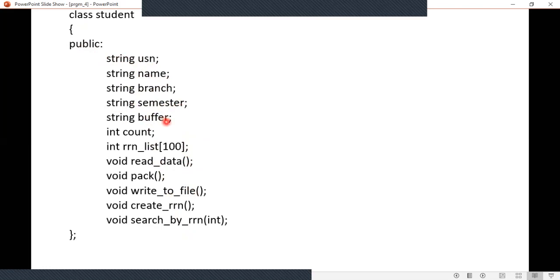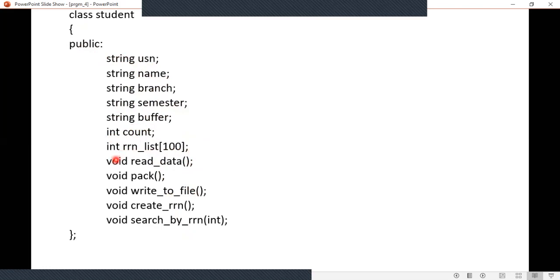One buffer you need, that is for packing. Okay, and then count to keep track of the RRN. Next you need an RRN list, an array list of RRN.